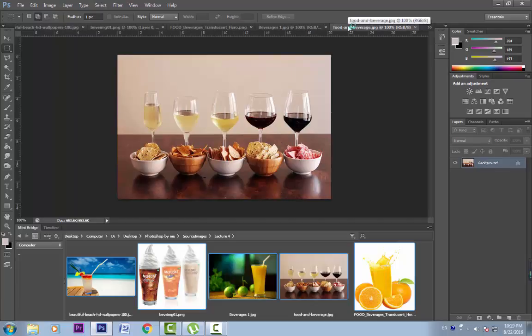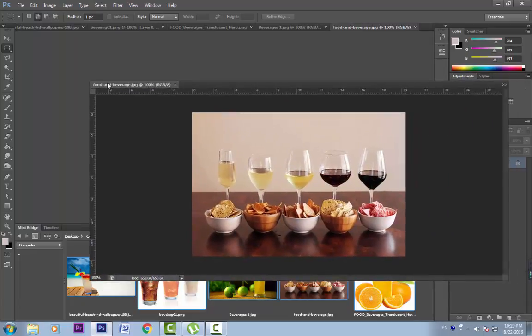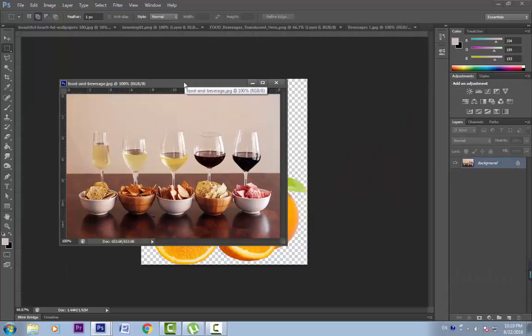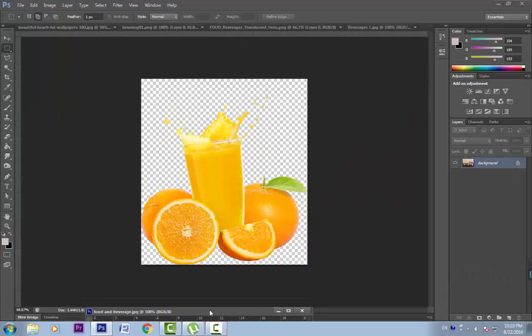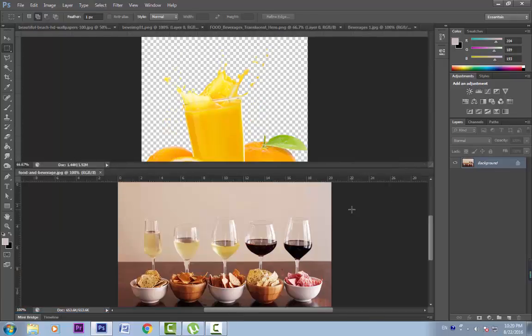One other thing that we can do is we can undock a document from here and bring it into a new window, or we can also dock it under this window and split the window. We can see this blue line highlighting and leave the mouse and we can split the window. This is called the arrangement of the windows.